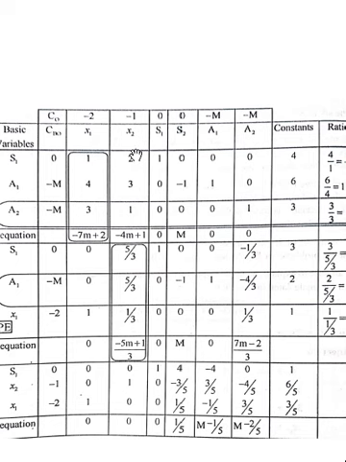Now instead of A1 we are going to write first x2. x2 will have quotient minus 1. Then how to write the remaining values: divide the entire equation by 5 by 3. 0 by 5 by 3 means 0, 5 by 3 by 5 by 3 means 1, 0 by 5 by 3 means 0, minus 1 by 5 by 3 means minus 3 by 5, 1 divided by 5 by 3 means 3 by 5. So minus 4 by 3 by 5 by 3 is going to become minus 4 by 5. So up to here we need to divide that entire equation by 5 by 3. So we are going to get the x2.